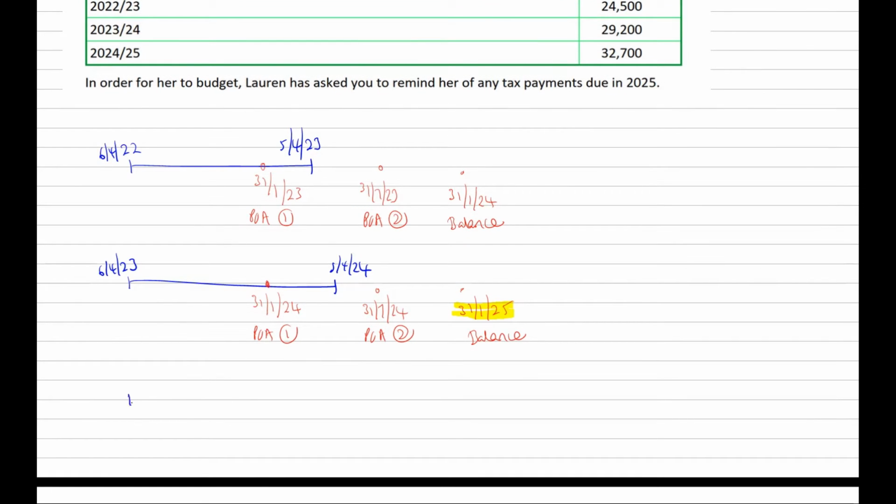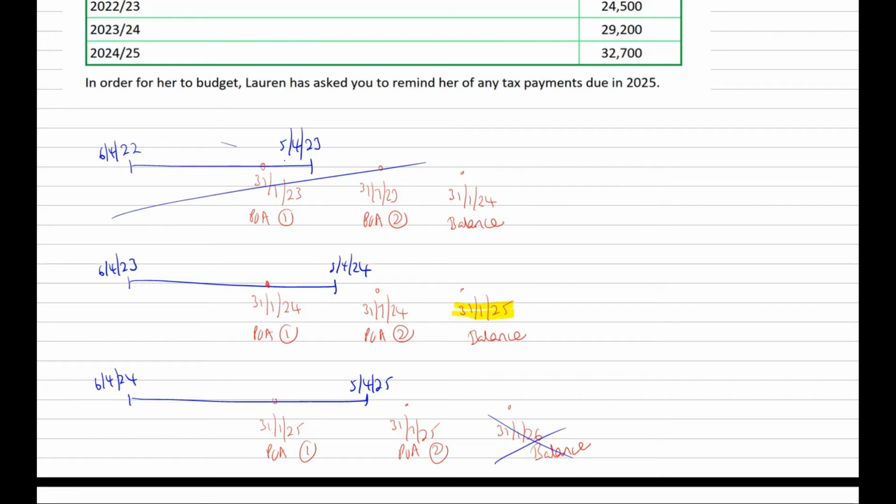I'm going to draw one more. So April 24 to April 25. And then I'm going to repeat exactly what I did, but everything moves on a year. So January of 25 now, got a payment on account. July of 25, I've got a second payment on account. And then January of 2026, I'd have the balance. I'm not asked about 2026, so I don't actually need that bit. As it turns out, I don't need any of those bits,